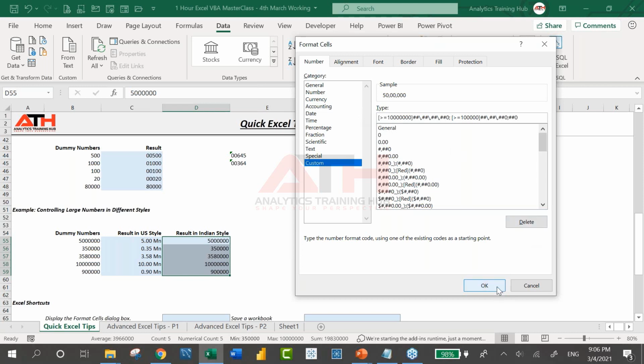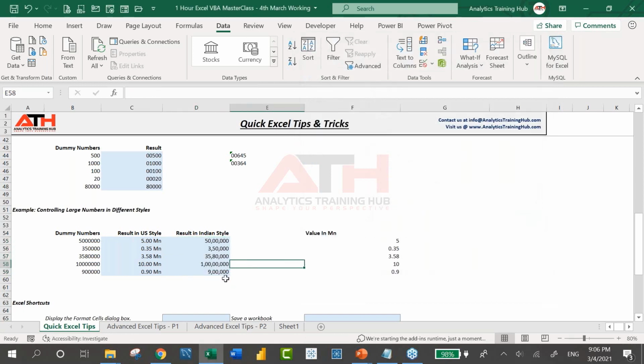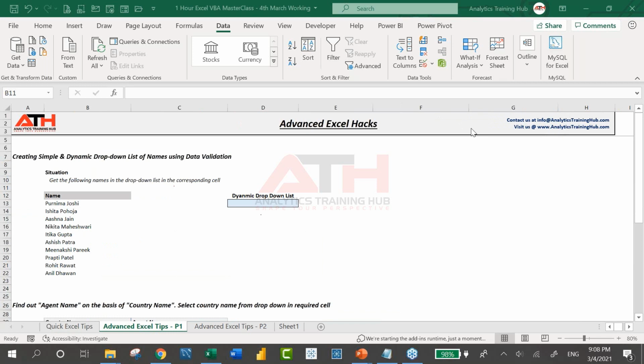Okay, now the moment I click on OK, I just copy this, right? The moment I click on OK, you can see now I'm seeing this in Indian style. So for all of you, I'm just going to simply put it into chat window so you all can actually refer to this. How to convert numeric value to alphabetical mode?